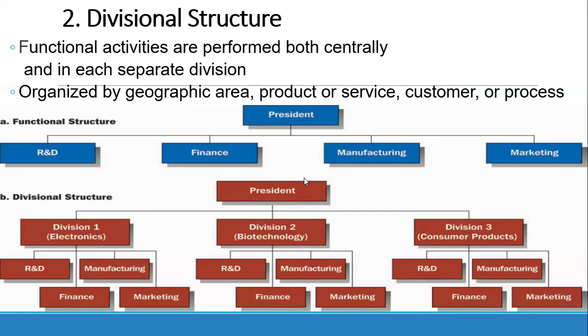If you look at what is happening over here, a decision that in a normal vertical functional structure would have required the intervention of the president for maybe the research and development manager to proceed, under a divisional structure, the same provision can be easily addressed by the divisional head,